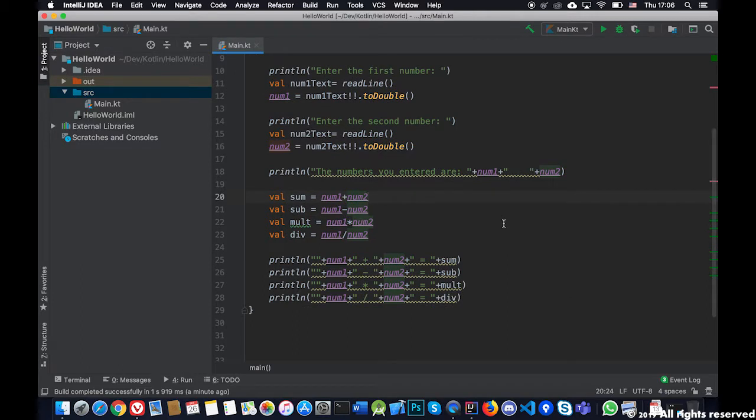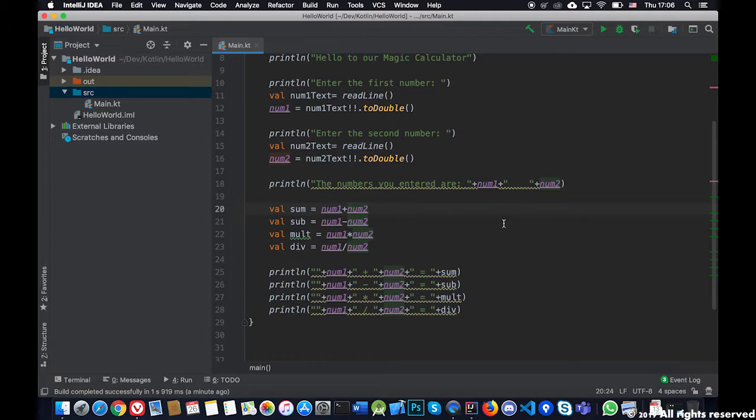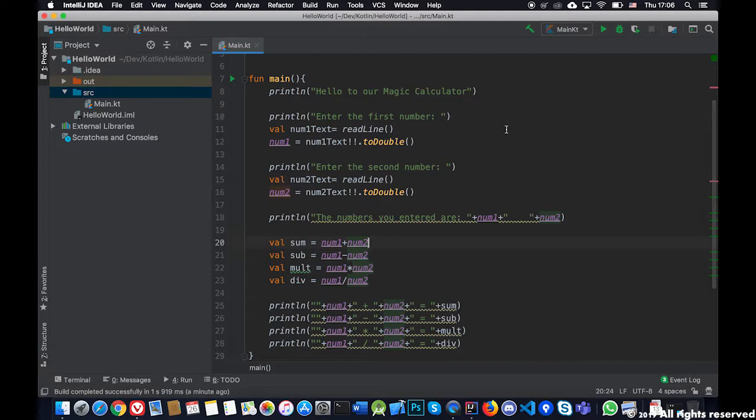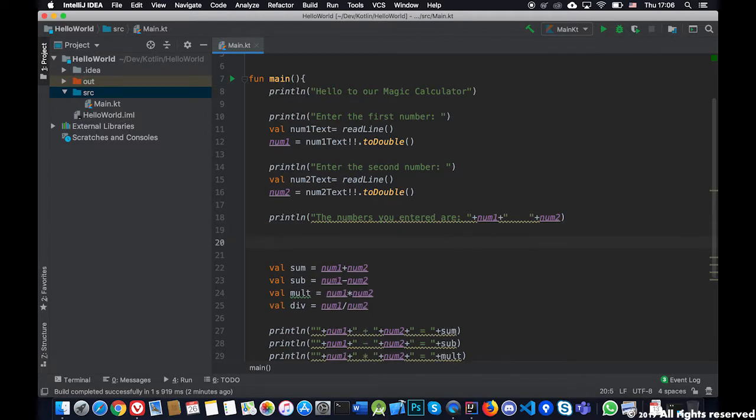Let's add some complexity to the mix. We want to give the option to choose one of the operations, and not to do all of them together and show them down there. So what we will do, just after these lines here, we will add conditions and flow control to choose which operation to do and what